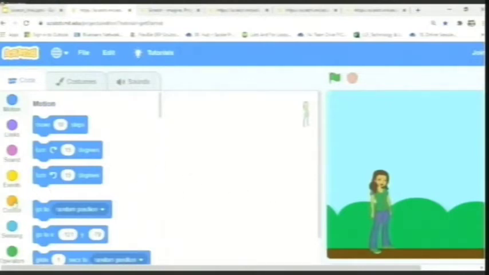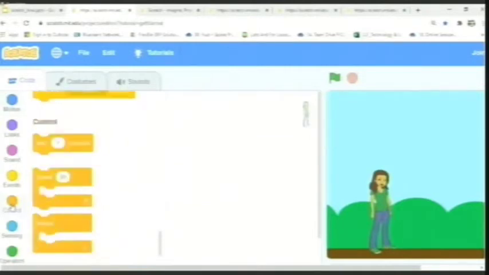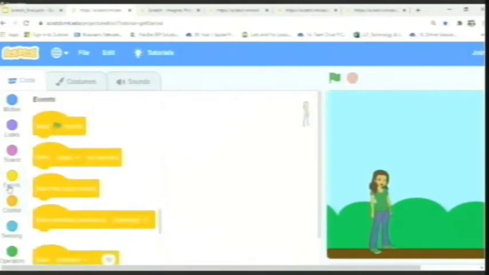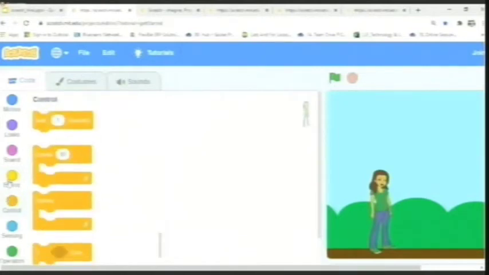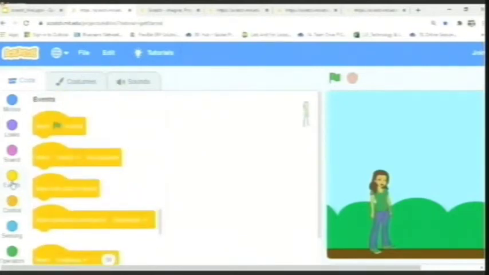Now, what we will do is we will try and program Abby. In order to start a program, there is an important block. For any program, there has to be a specific block which starts the coding or the programming. So this is that block. This block is available in the control panel, okay? So you have to click the control panel. Above that, there are events. In the events, you will find a block named when flag clicked, when the green flag is clicked.